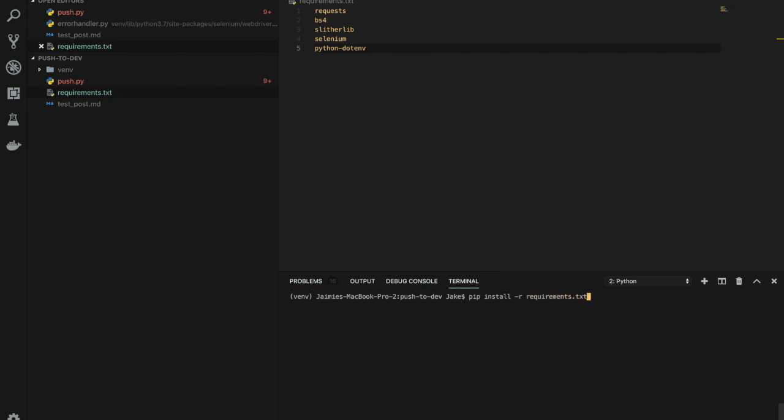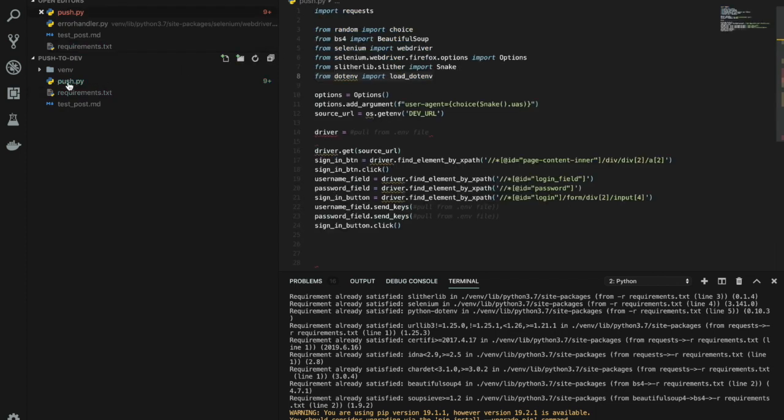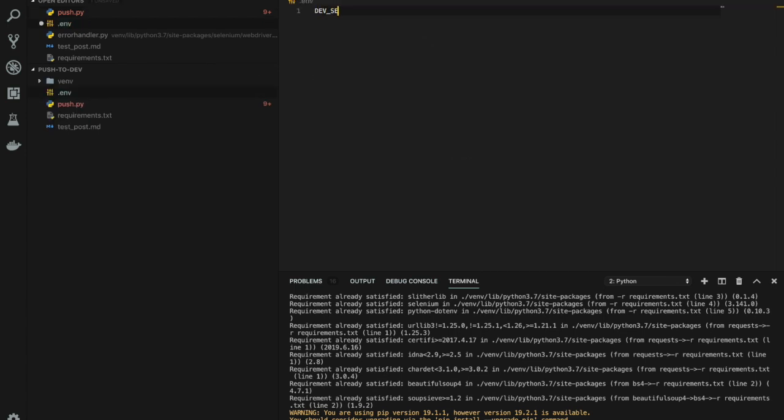So we've just done a pip install of our requirements.txt with that new python-dotenv dependency in there. We're going to create a .env file. Remember to misspell it. That's very, very important. And in this, we're going to set our environment variables. Basic best practice is to use all caps when setting an environment variable. So you put the environment variable name, an equal sign, and then the value you want it to store. So for instance, here we have dev username, which is Calcian, and dev URL, which is the URL we will be pushing our content to,